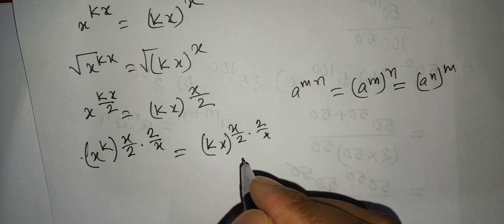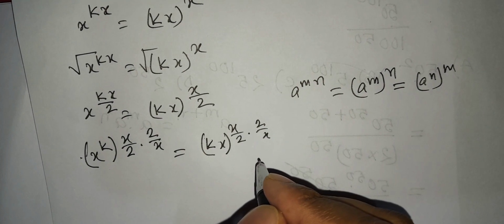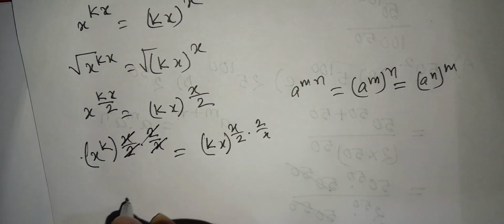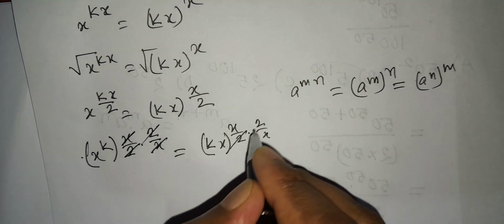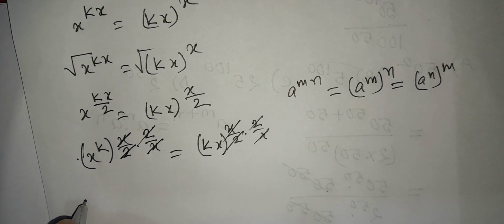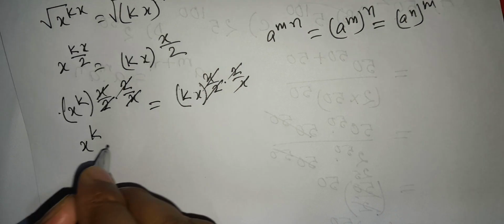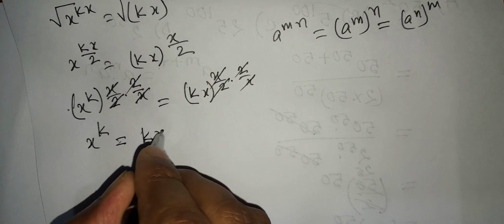We increase the power of 2 by x on both sides, so here x cancel and 2 cancel. We can write x to the power k equal to kx. Okay,